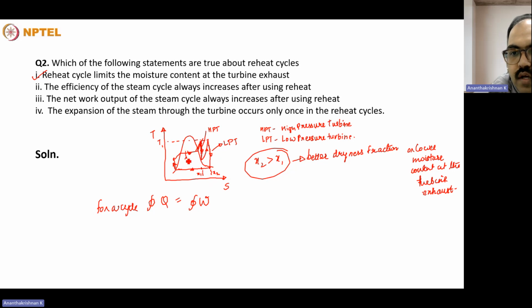So the heat input happens only in these two processes, and heat rejection happens only in these three processes. The total area of the cycle projected onto the entropy axis, the abscissa, will be the total heat input, and that will be the same as the total work output